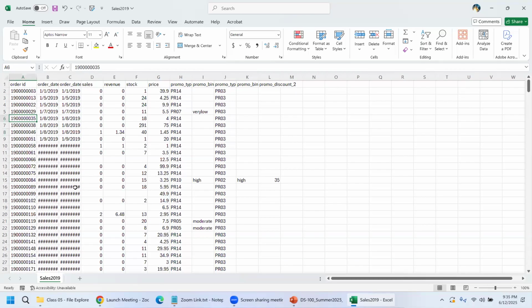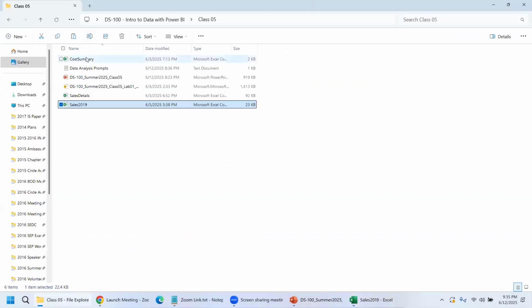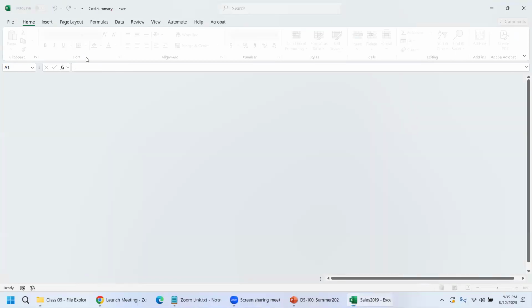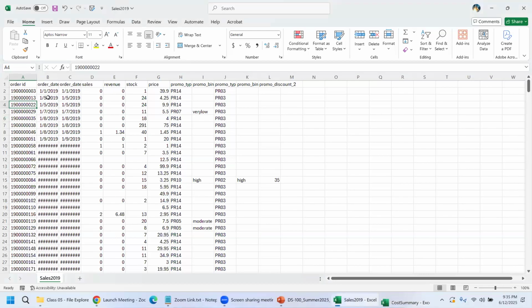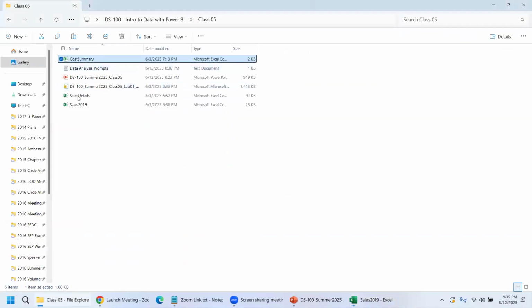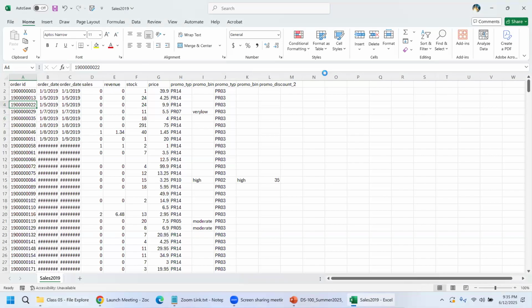So it has a naming convention. So it has an order ID. Okay. Now let's go and look at our cost summary. As I mentioned, not cost summary, the other one, sorry, our sales details. So as I mentioned,